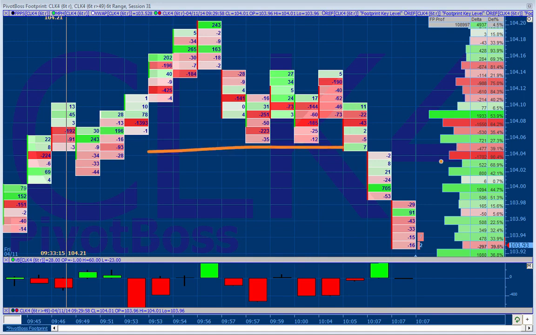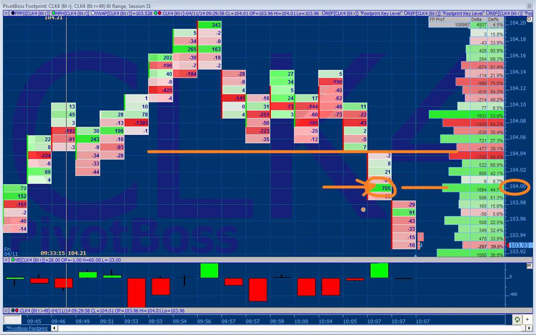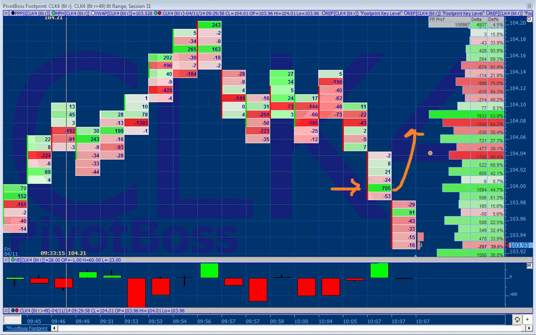Now after price breaks through this support ledge here, what happens? A huge buyer comes in and says, I'm going to defend 104s. And they buy, and it's a 705 contract buy and balance. And what happens? Price doesn't even blink. It keeps on going because this buyer is forced to liquidate now. That's why it's very important. An aggressive buyer coming in on a low to defend is good. A big aggressive buyer is good. But they're vulnerable. They still need other buying to come in after them to push this thing higher.